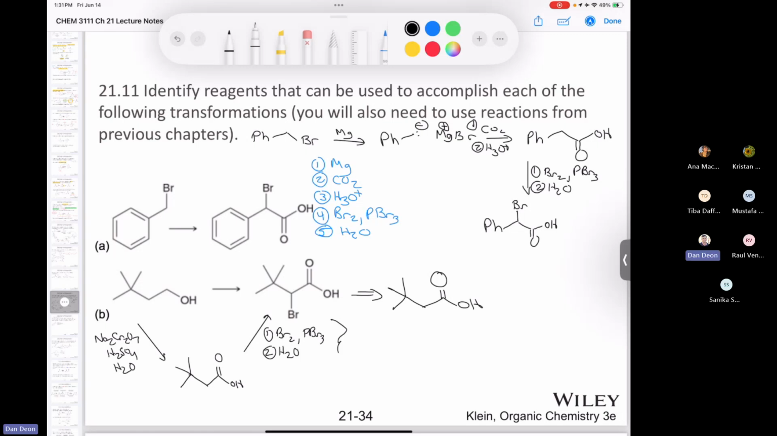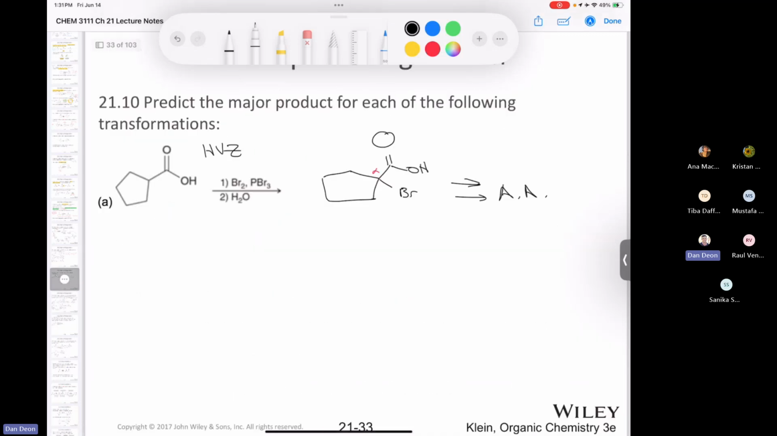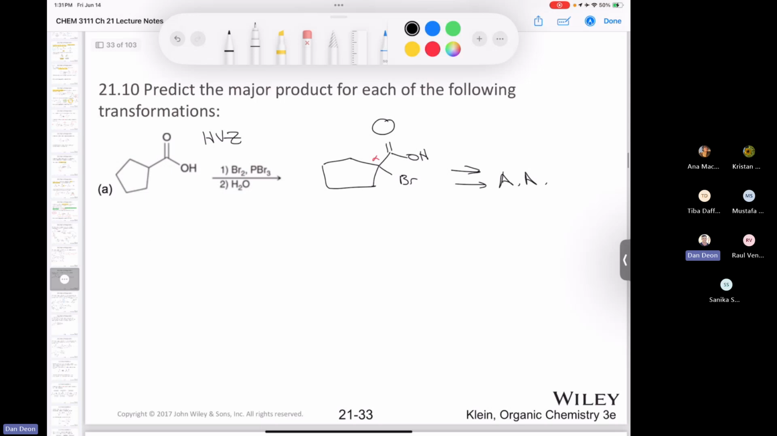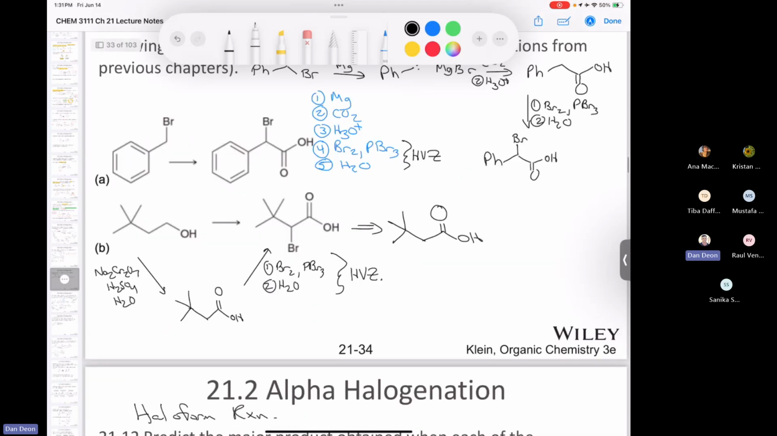And so again, this part here is the Hell-Volhard-Zelinsky reaction, and this part right here, of course, is the Hell-Volhard-Zelinsky reaction. All right, what the Hell-Volhard-Zelinsky, right? The jokes write themselves. Anyhow, so we covered that one about the other one. They gave you the reagents for the Hell-Volhard-Zelinsky. So let's move on to